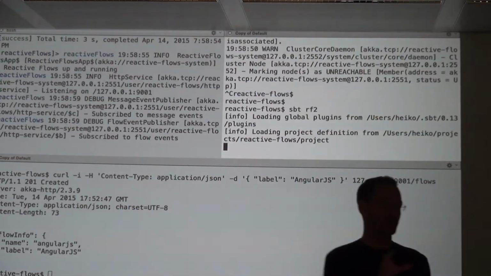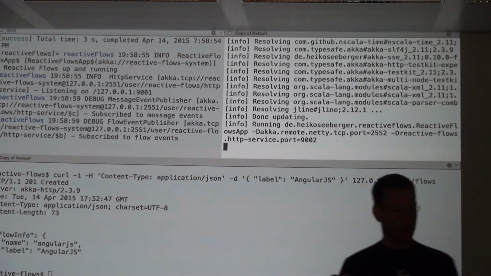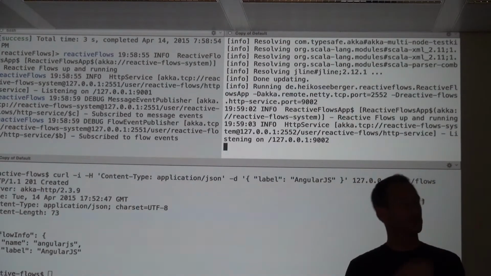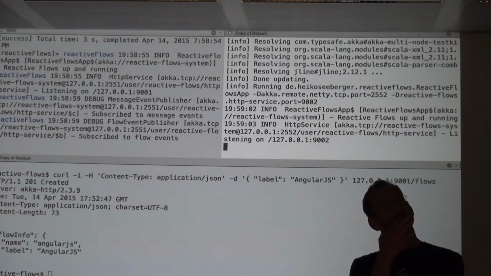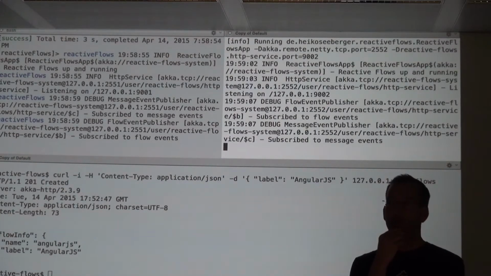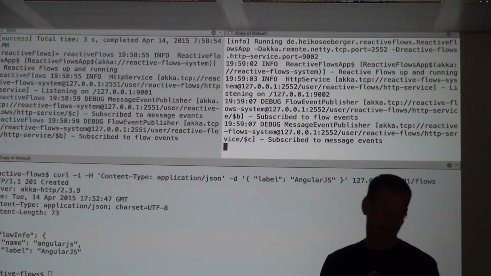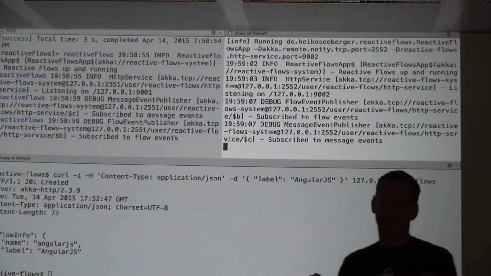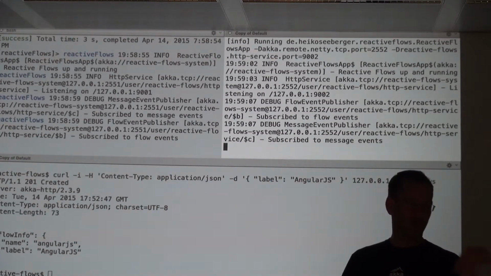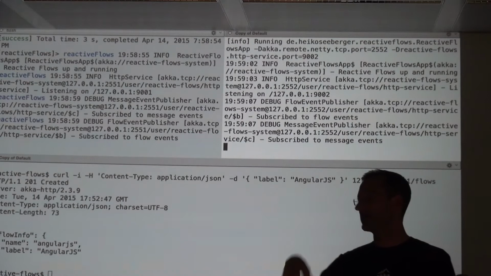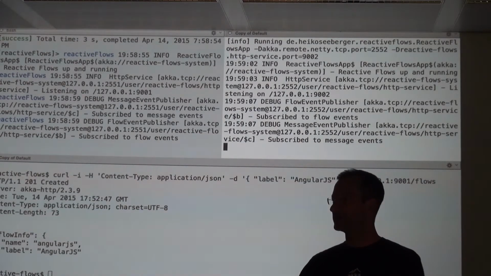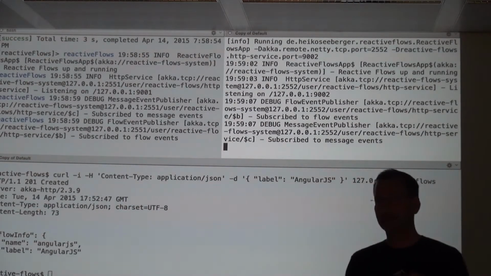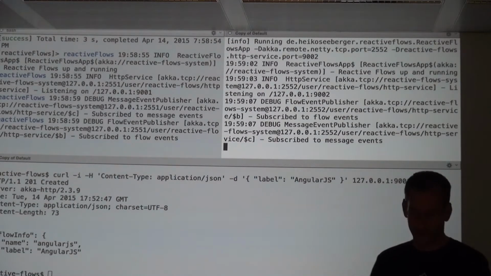By default, sharding uses the, what is it called? Least allocation strategy. Well, if you want, we will create two flows, right? And one will be deployed on the first node, and the next will then be deployed on the second node by this default algorithm, okay? Least allocation strategy, I think that's the name for it.